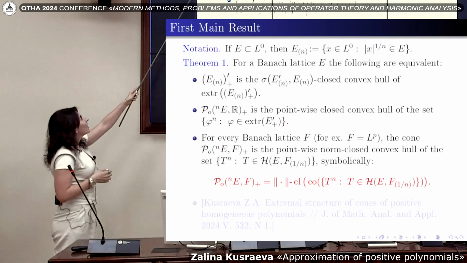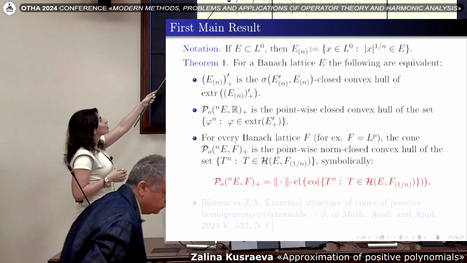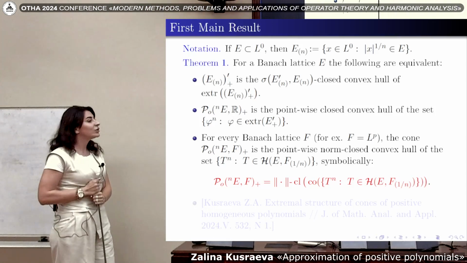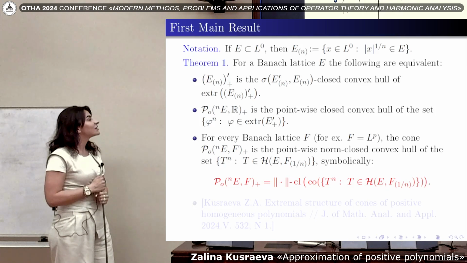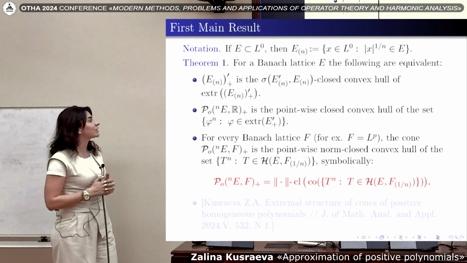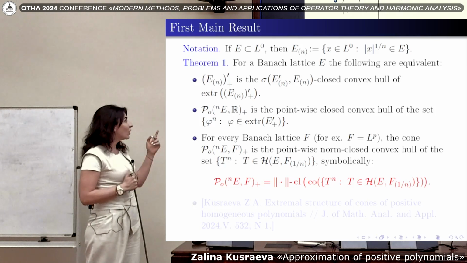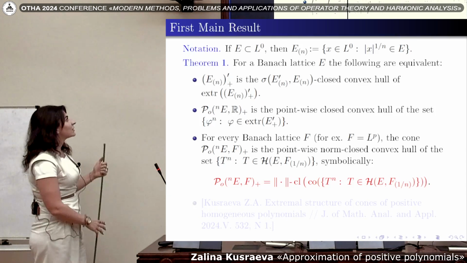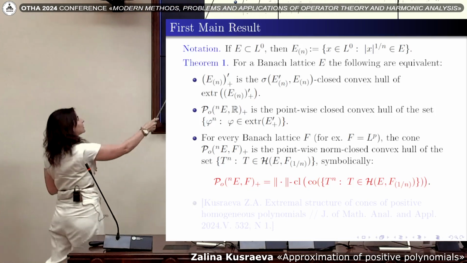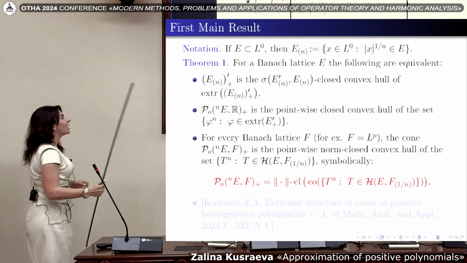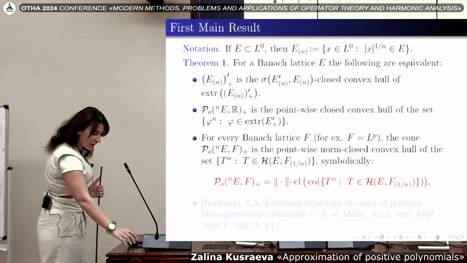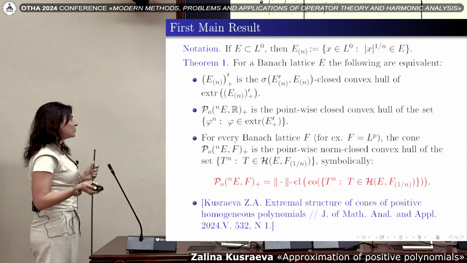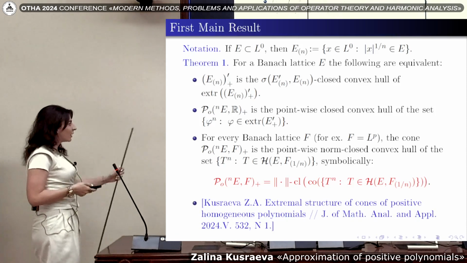I will just say that from the first condition to the second condition, we come due to a very interesting result, according to which the space of linear operators on the power of a vector lattice is isomorphic to the space of orthogonally additive polynomials on the space E. These two conditions are equivalent. This result was proved maybe at the end of 2023 and published in